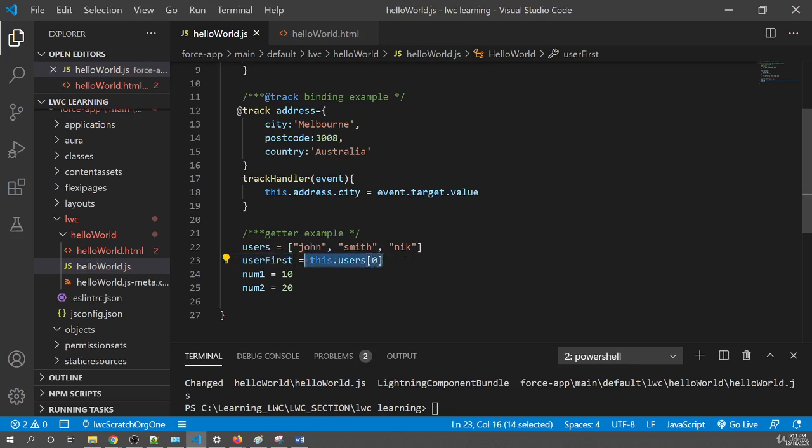So to solve this problem, we come up with a getter, and getters are the methods that help you to render customized or manipulated data on the HTML. So let's create a getter. I'll say a method name. First we'll create a method, first user. Suppose I create a method first user,